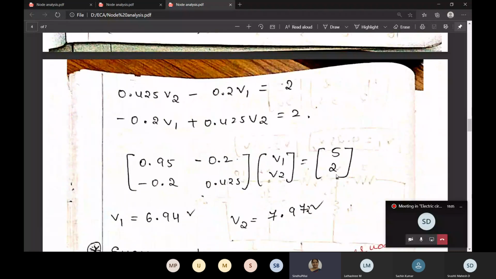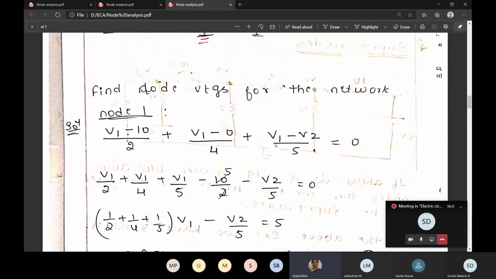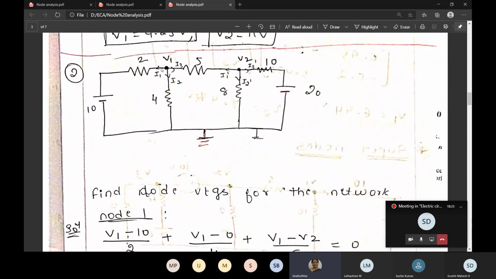So we have the node 1 and node 2 equations. Put them in the determinant form and find the unknowns V1 and V2. You have to remember here, first check how many nodes are there. After checking the nodes, for each node see how many branches are present. For those branches, assume the currents, and assume that they are going away from the node. For each current, write the equation: the difference in the voltage divided by the resistance. So these are the three steps you have to remember.